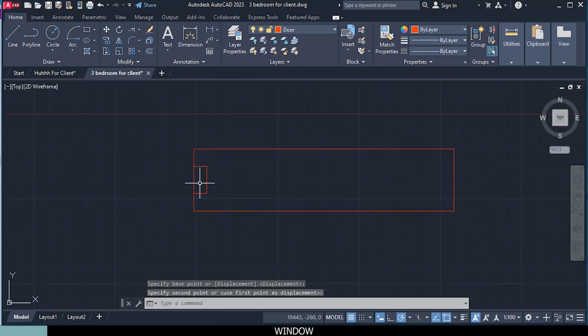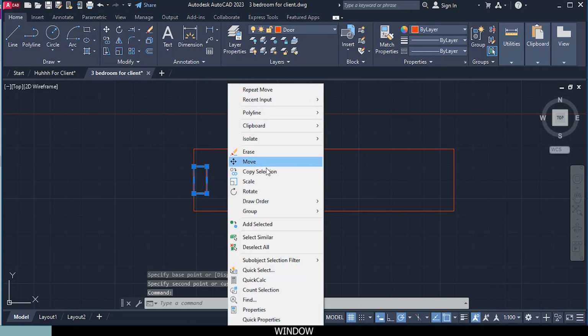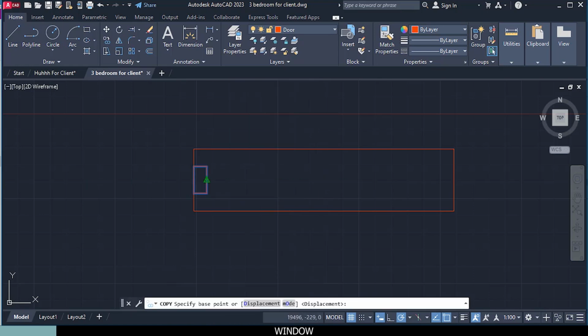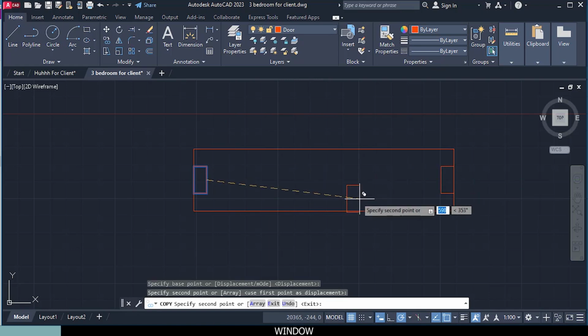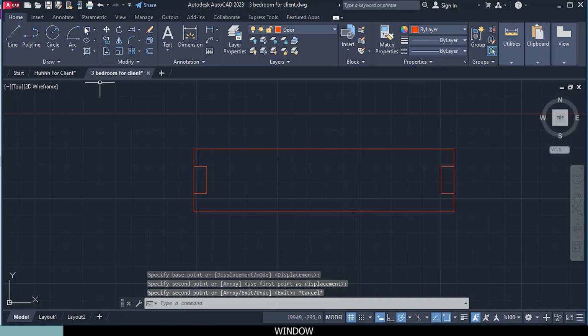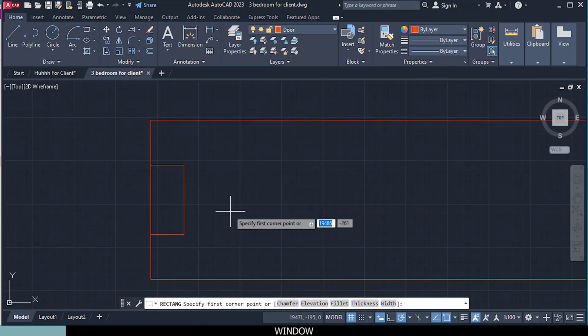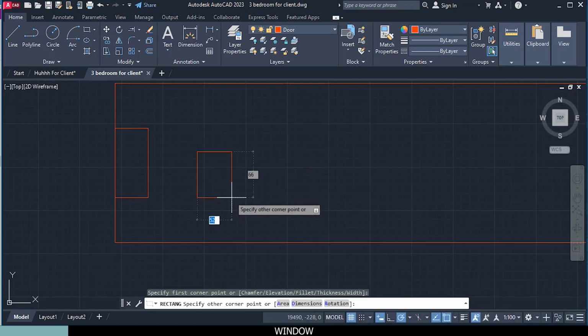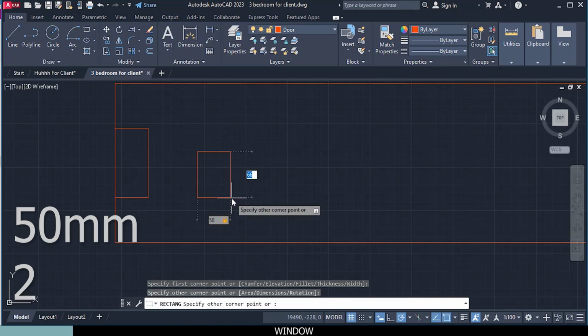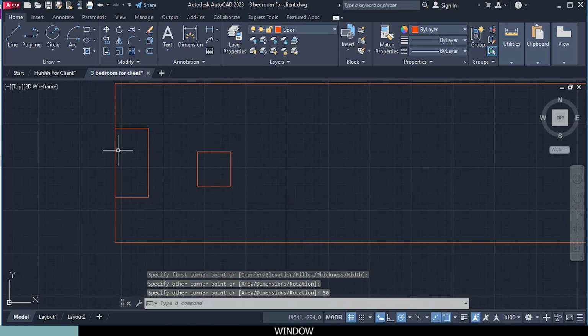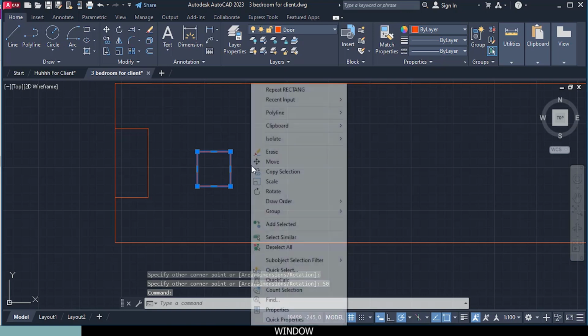So now I want to copy this to this side. Since it's a casement, the windows open two sides. So I'll select it, copy it, click on this midpoint, sorry, and paste it like that. Press escape to end that command, and now the frame for the panel of the window, I will click once, come this way, it will be a square, it will be 50. Type on your keyboard 50 again, which is 2 inches, and then press enter. Select it and then move it